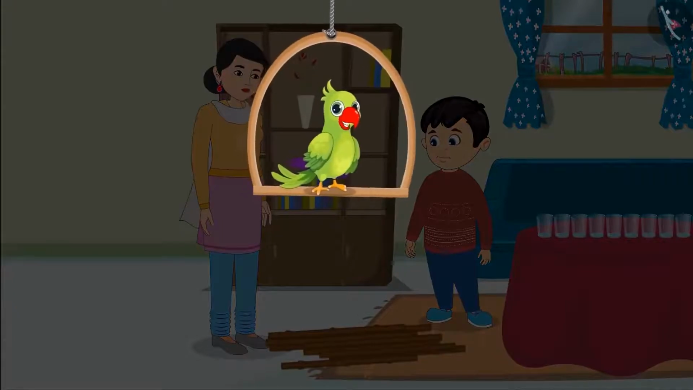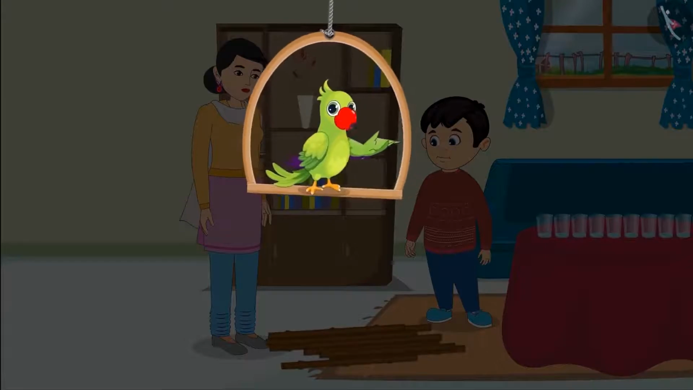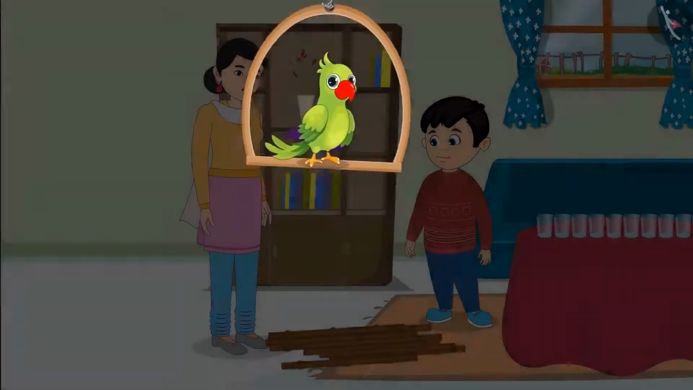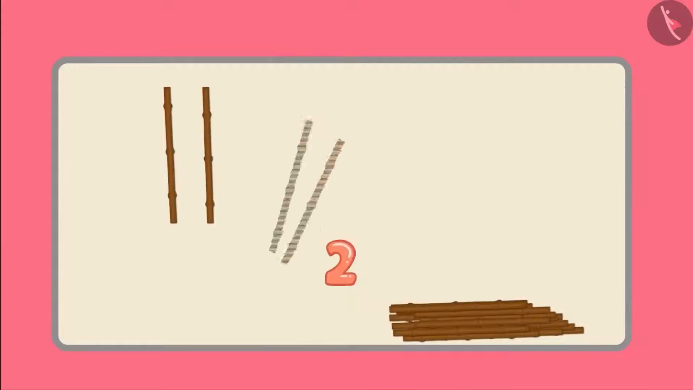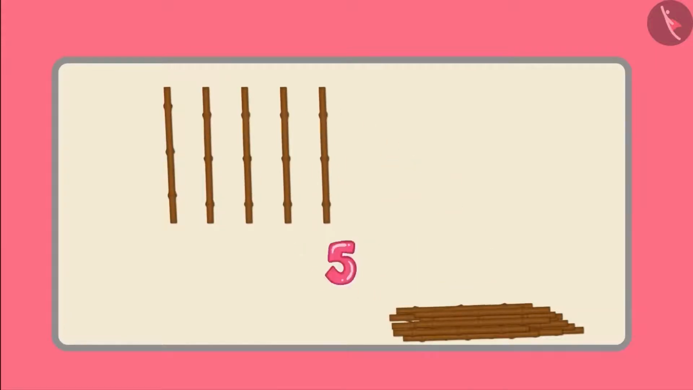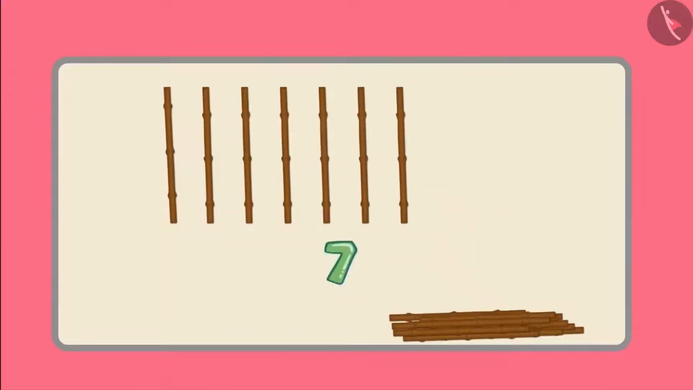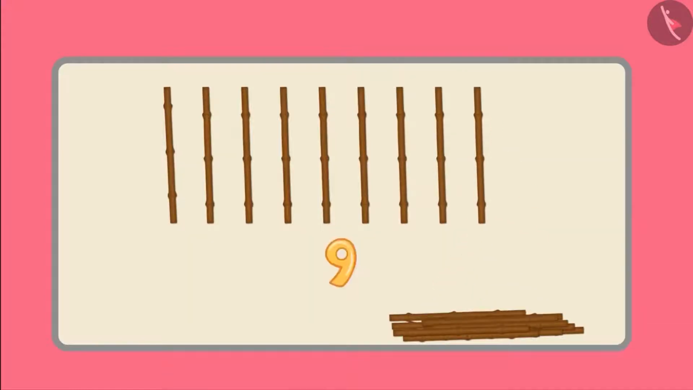Chotu's mother needs some wooden sticks for a bonfire in the evening. Chotu gets some wooden sticks from the forest. Chotu, can you count and tell me how many wooden sticks are there? Yes, Mummy. 1, 2, 3, 4, 5, 6, 7, 8, 9 and